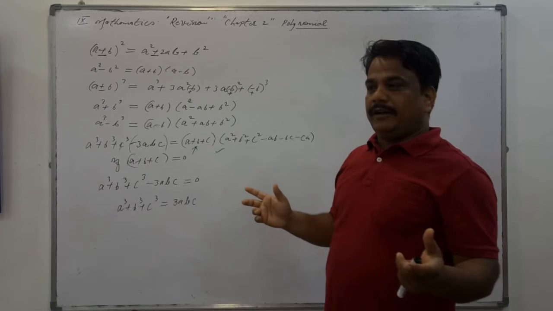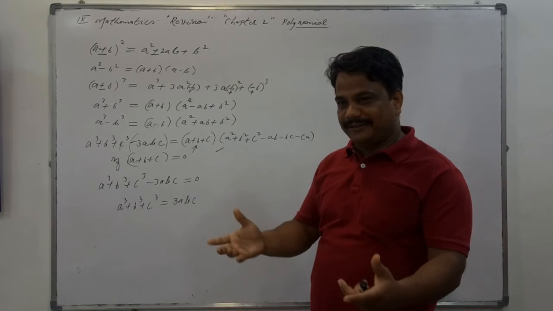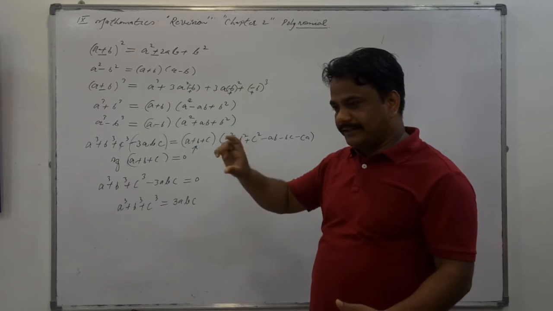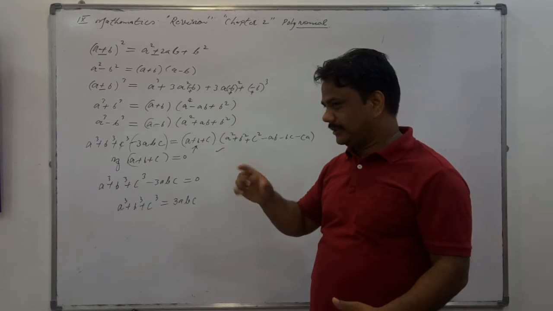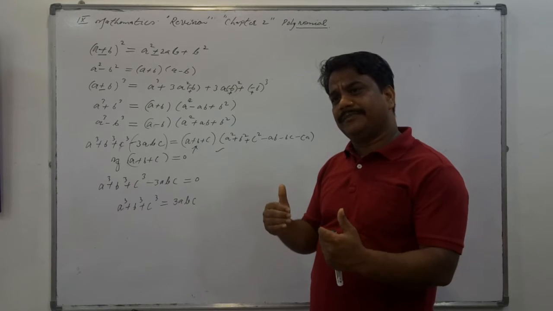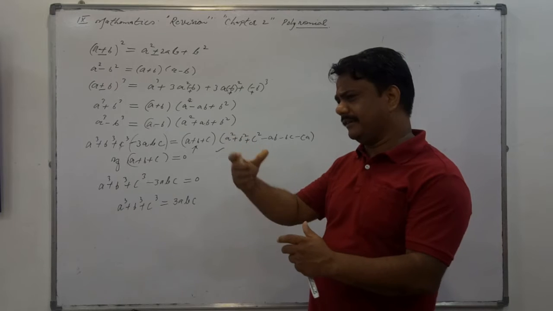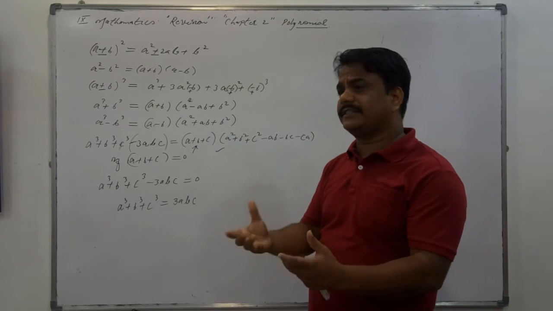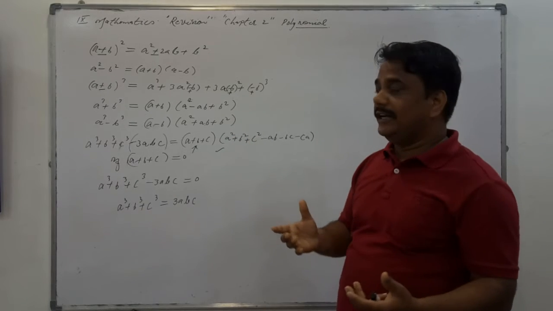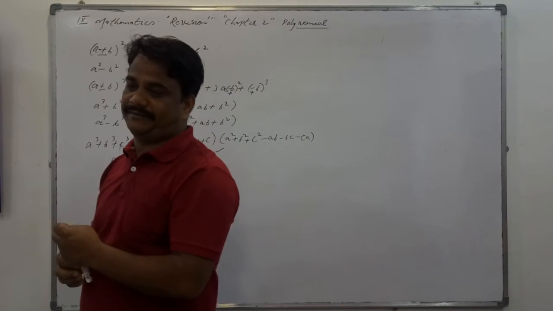Now the trick. As you are taking the revision of the chapter, where should you start? You have to make a quick revision of each question from the section exercises in the textbook, right now. And the questions are very easy sums. You have to just observe, simply make a reading of them. Estimate whether you will be able to solve them. And alternate questions you have to attempt from the last section of the exercise.